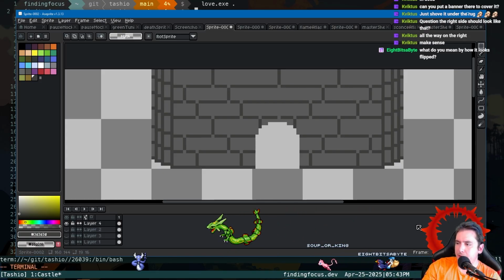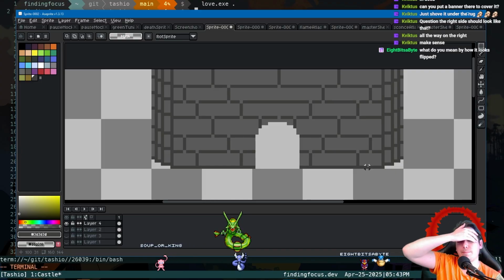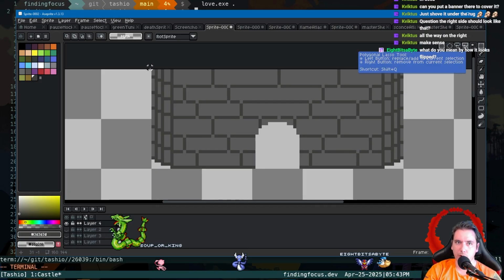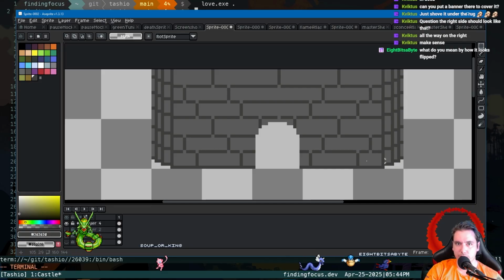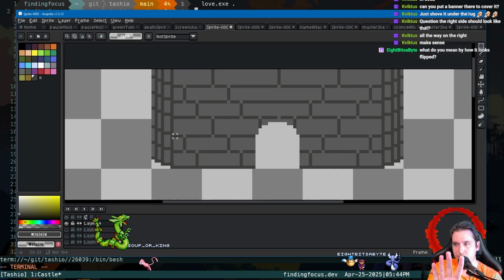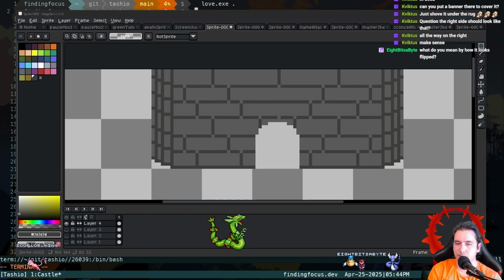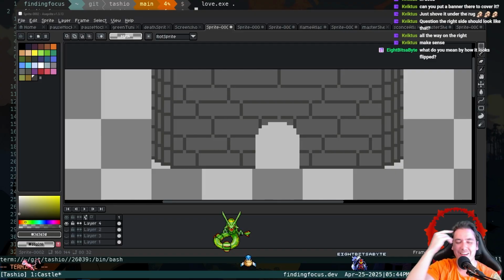What do you mean by how it looks flipped? I don't know what you mean. We don't have any flipped logic in our drawing. We're drawing all our tiles from the sprite sheet, but we don't have any logic to use the same tiles and flip them, because if we flip it in Love2d, we have to offset them, and in the rendering I couldn't figure it out. So we don't have that